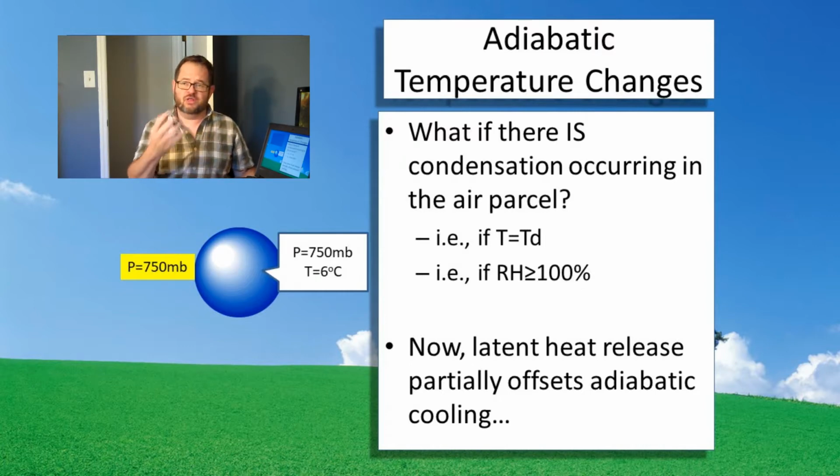What if our relative humidity is 100% or more? In other words, what if our temperature is equal to our dew point and all that good stuff? Alright, so here I have some air parcel sitting at about 750 millibars, and let's lift this guy. But if he's saturated, that means there's going to be condensation going on. But in the phase transitions of moisture lecture, we learned that